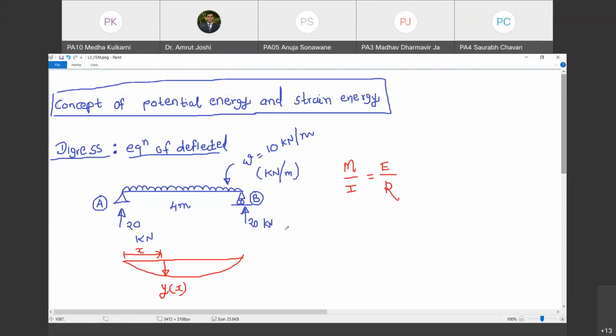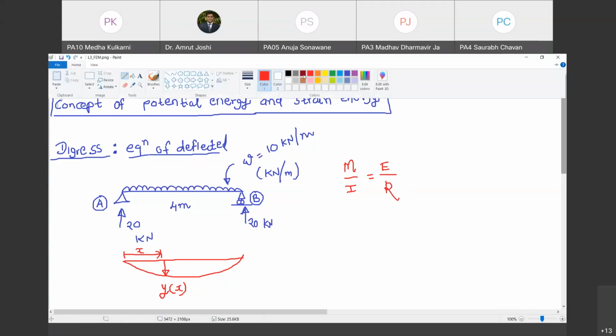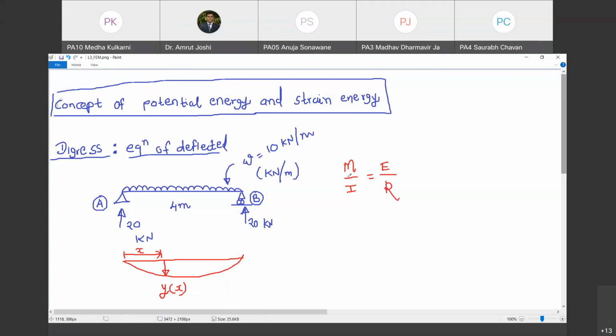Now, what is 1 over R? Can you tell me what is 1 over R? What is R in the first place? Radius. Let us understand that. Is this bending moment M a function of X? Yes, sir. So I understand that this M is a function of X, and I am going to write it as M of X. As you go on changing X, the bending moment is going to change at that location. Mind you, it is not M into X. X is the argument of a function M. Are you with me?